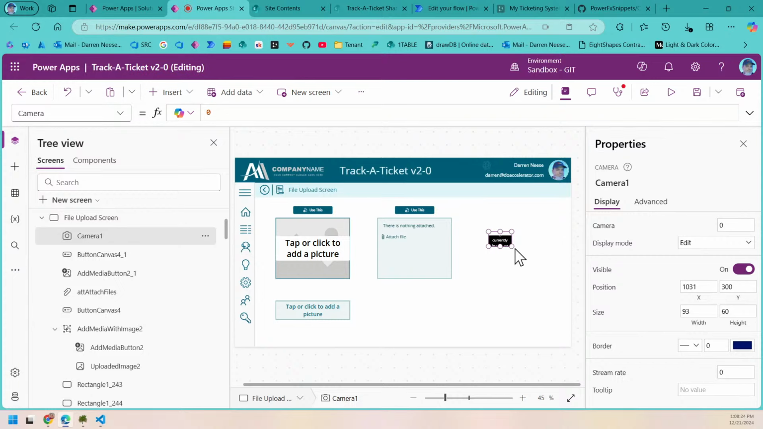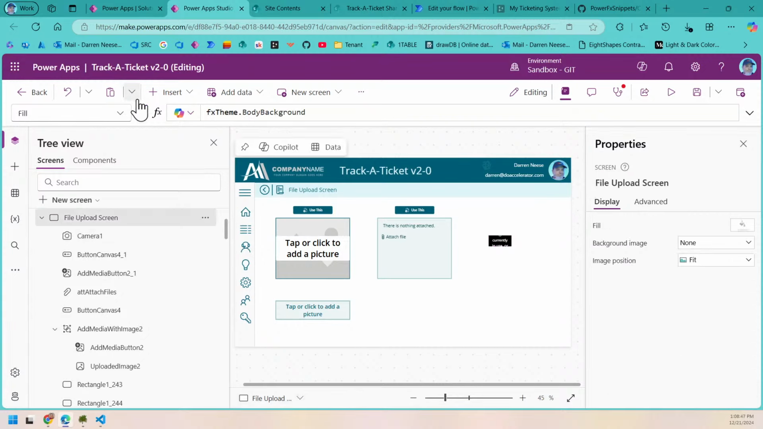Because get this, guys, if they're creating a ticket, they may not have a screenshot, but they can take a picture with their cell phone or something, and they might want to use that. And what I need to do here is